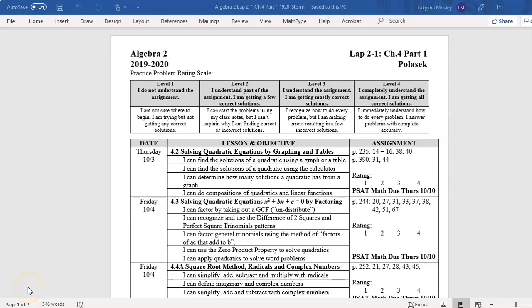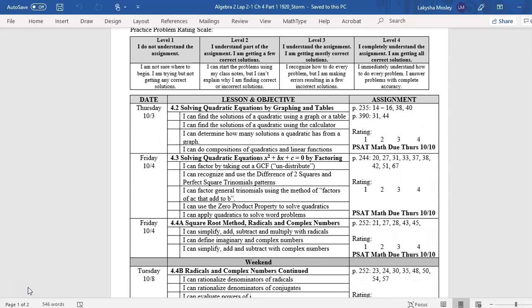Okay guys, so this is the video that I was promising you, going over a little bit more of completing the square, and then I also got a request to go over the word problems that are on the review. But before I get into that, let me again share with you that follow the lab in detail